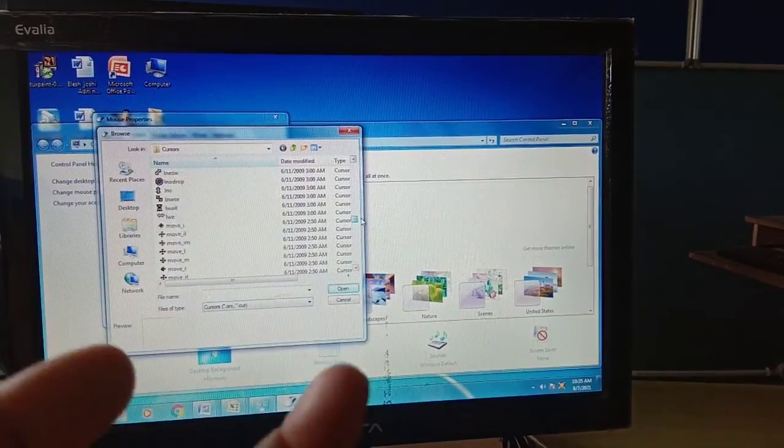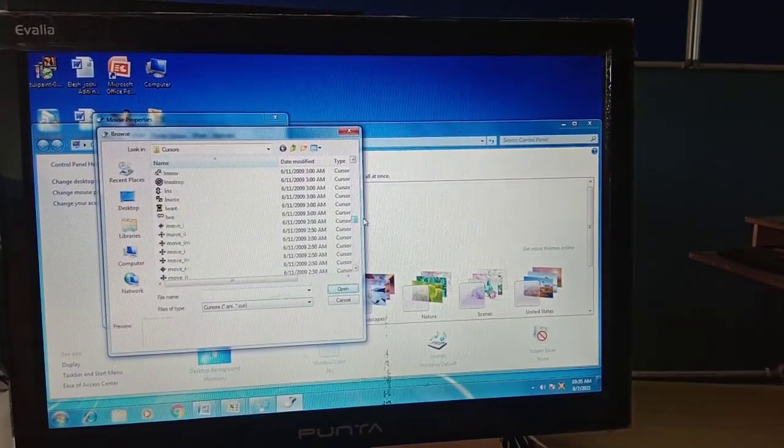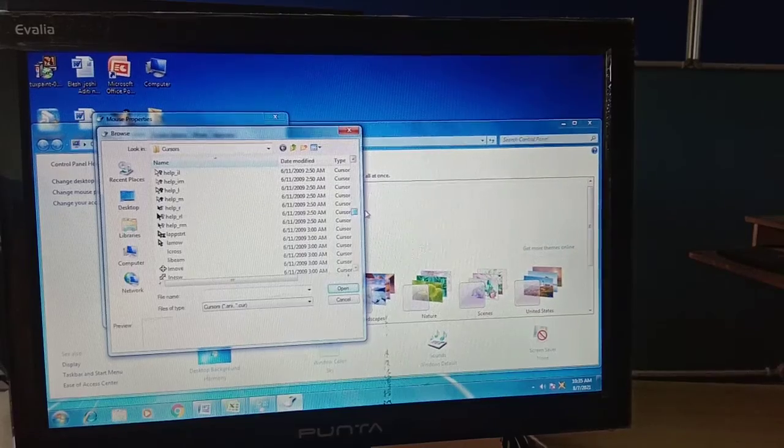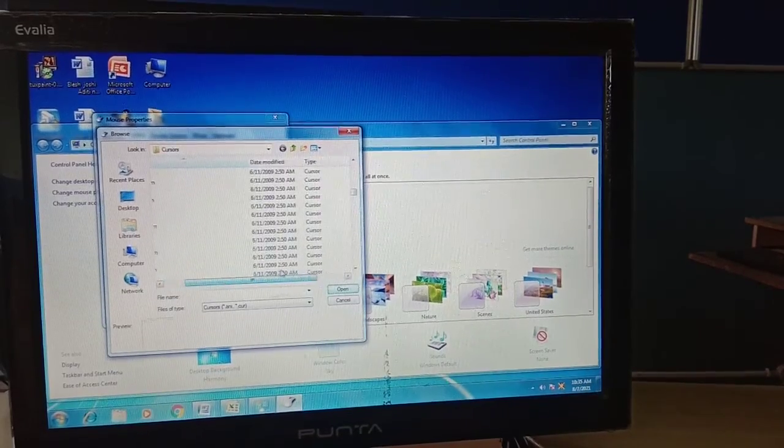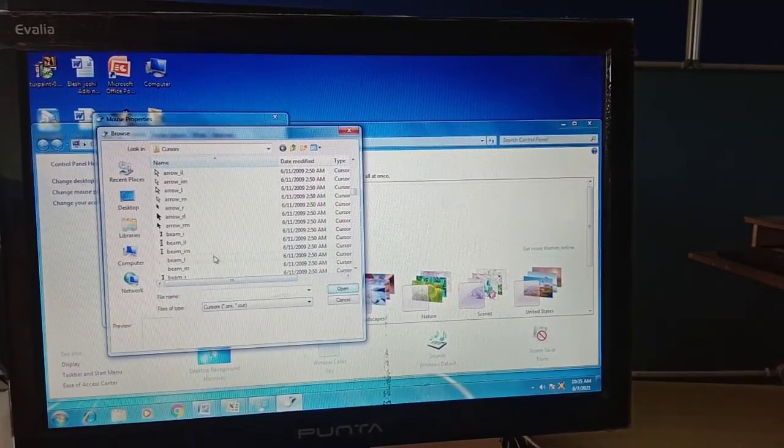You can even download your mouse pointers. So these are the mouse pointers available, and you can apply any of these mouse pointers. The horse symbol is not present here.